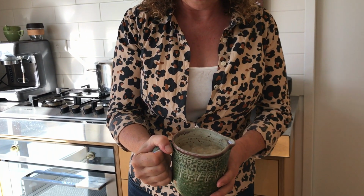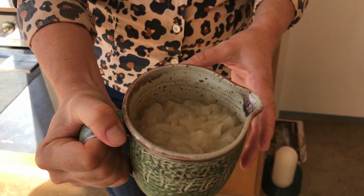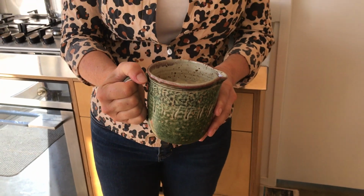and I put a little bit in this jug to show you what it looks like. So look, if you come forward you can see it's got this delicious jiggle to it. And that means it's worked really well, and this stock is ready to use, and it's full of protein and deliciousness. It actually smells really good too. And so